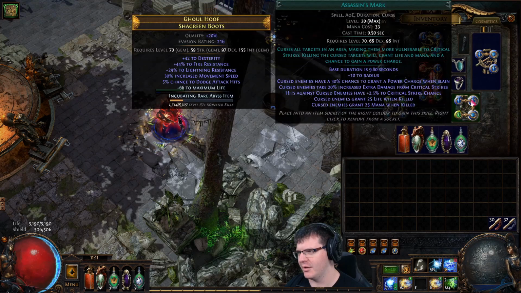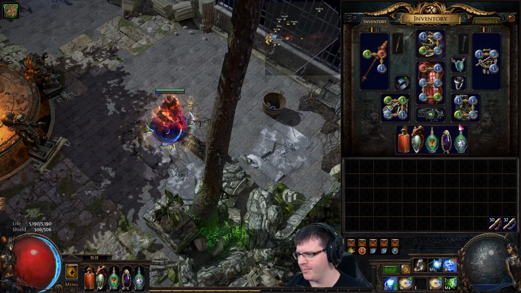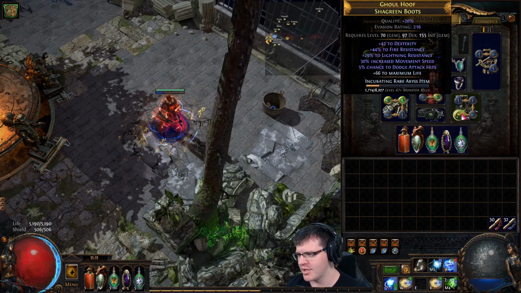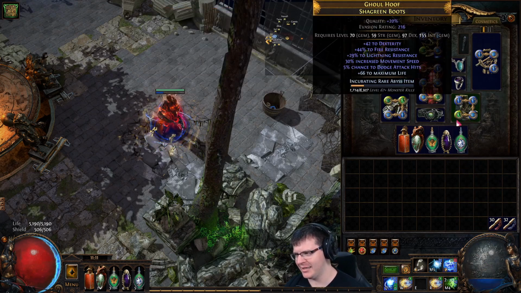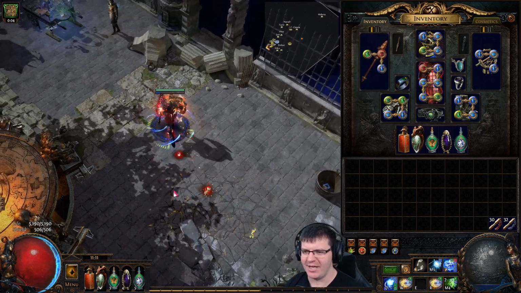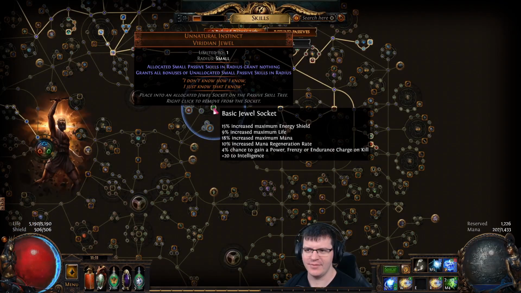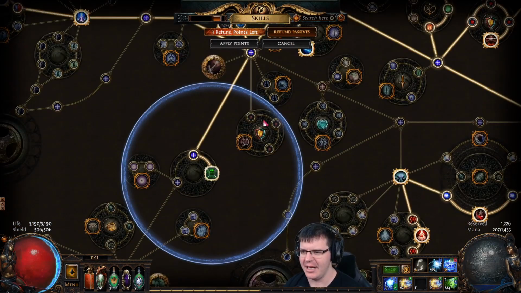We've also got a Herald of Thunder, Assassin's Mark, Curse on Hit, and a Precision. You could drop the Precision. You could use Ice Bite, but I didn't need it. You could use Vile Righteous Fire for extra boss damage. I also picked up one of these Unnatural Instincts here. Now,